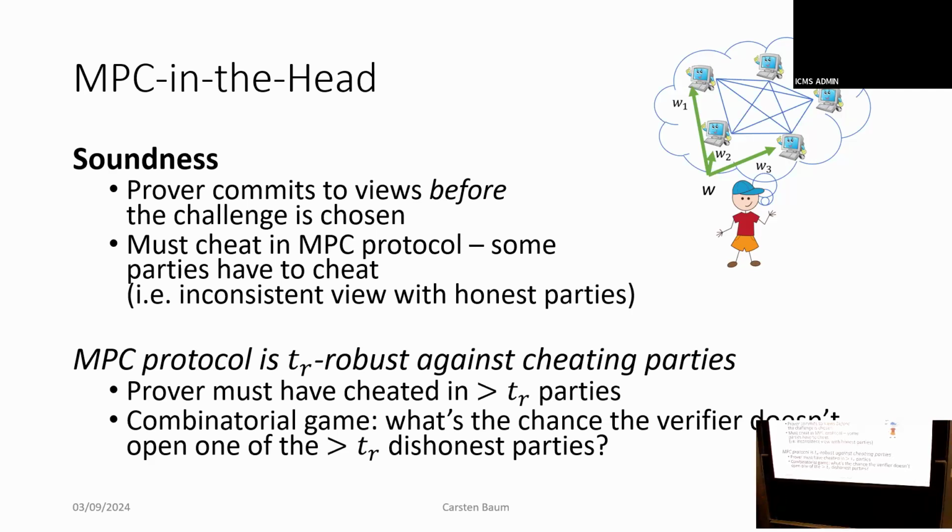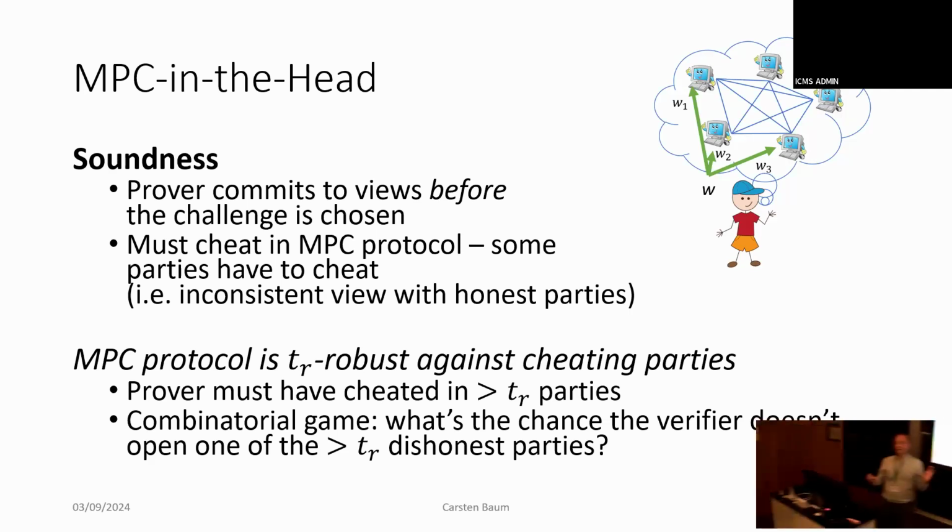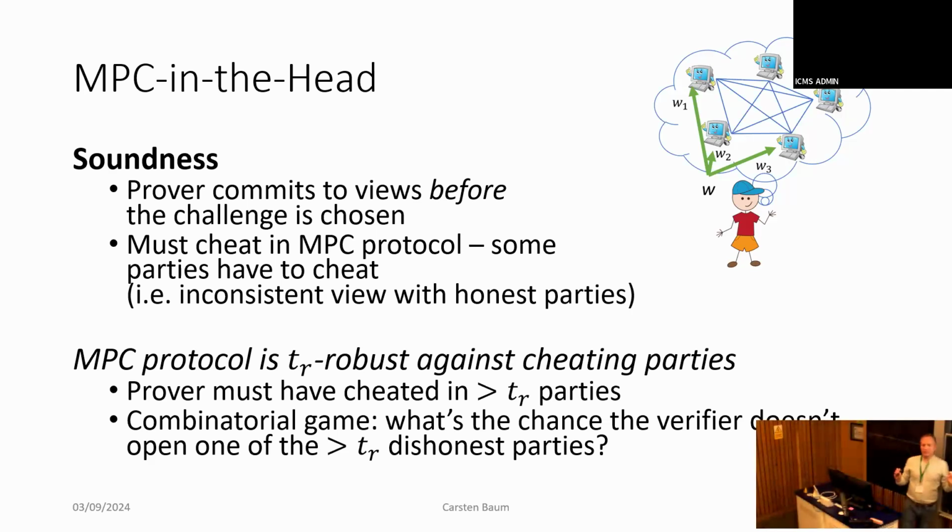One party can always deviate from the protocol, and if it does, then 2 things can happen. All the honest parties either get the right output of the computation, or they say everything failed. Everything failed is not something that the prover wants the verifier to see. So if it's robust against one cheating party, then we don't have to do anything if the prover is guaranteed to only corrupt one party.